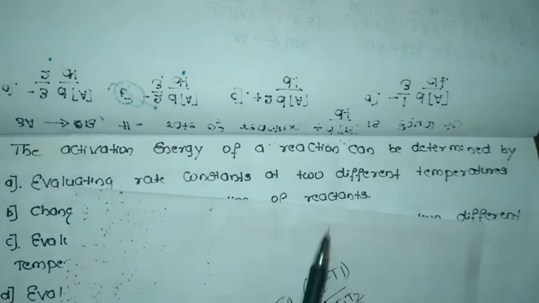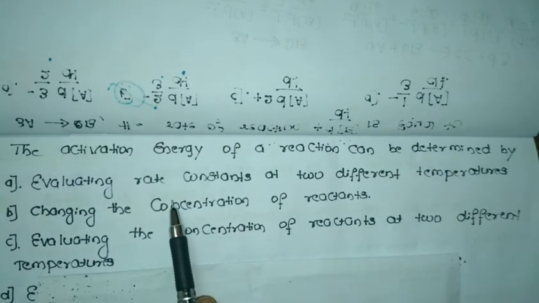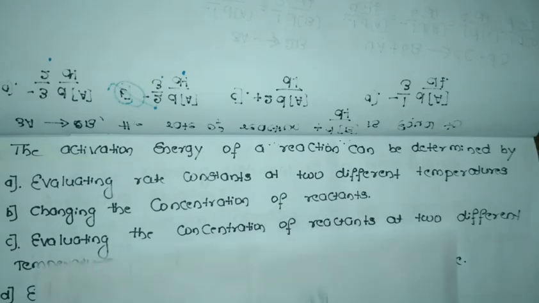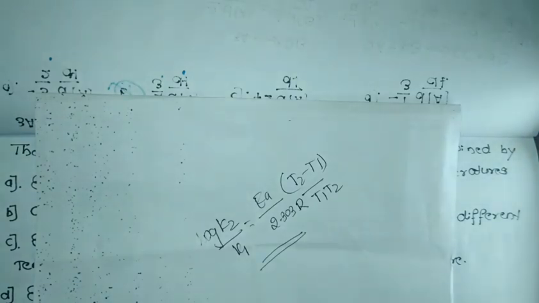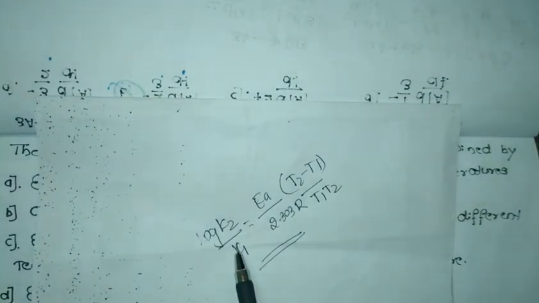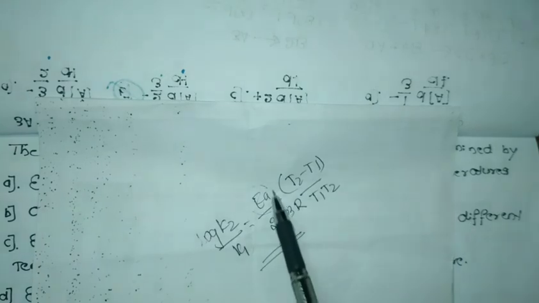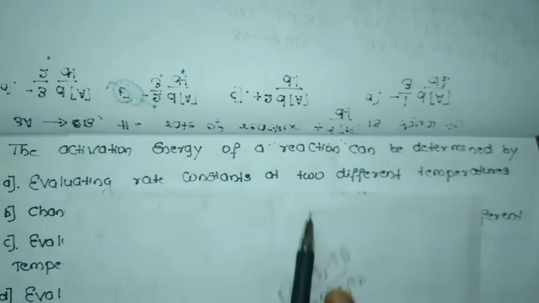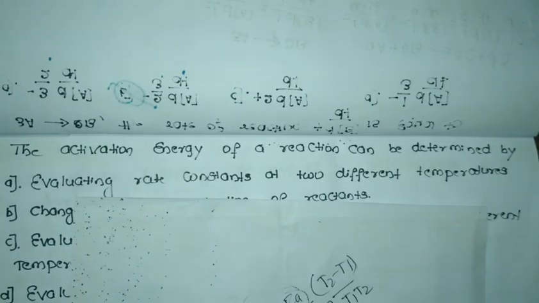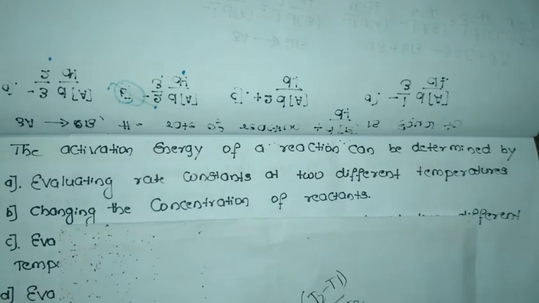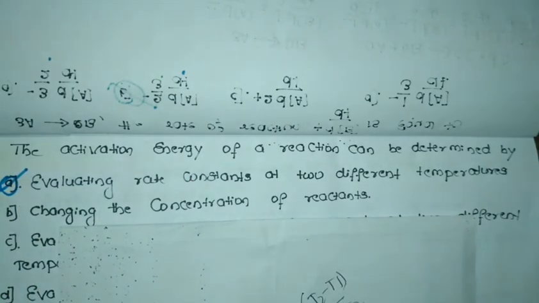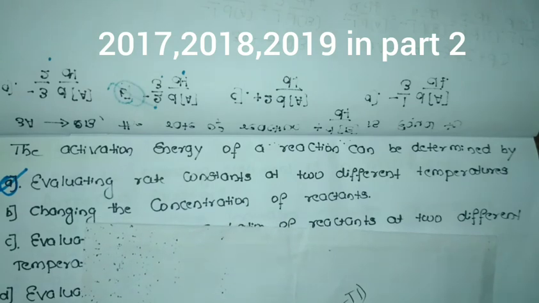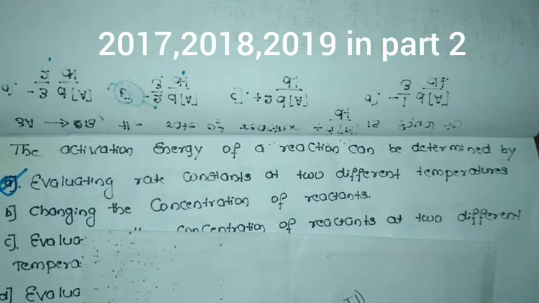So according to the options, we can evaluate the rate constant at 2 different temperatures. When the reaction takes place at 2 different temperatures, we can evaluate the rate constant so that we can find out the Ea value. So the answer is option 1, that is, we can evaluate the rate constant at 2 different temperatures to get the value of activation energy. So it is option A, which is correct. A simple question. Okay, so next the question. So this completes